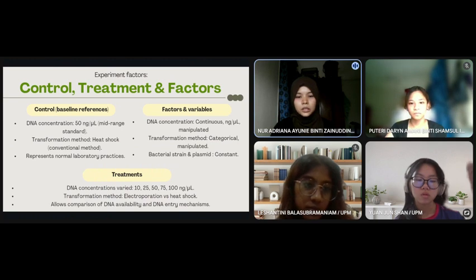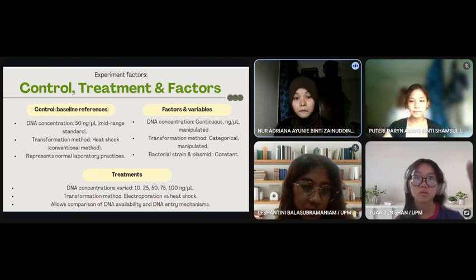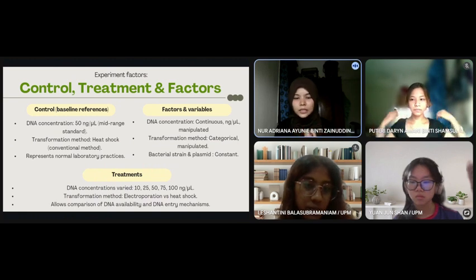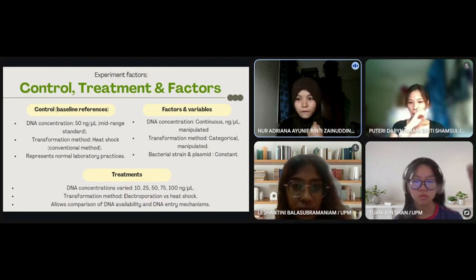The treatment involves varying DNA concentrations at 10, 25, 50, 75 and also 100 nanograms per microliter, with each concentration tested using both transformation methods. This means that the design allows us direct comparisons of how DNA availability and the mechanism of DNA entry affect the bacterial transformation efficiency. So for the next slide,